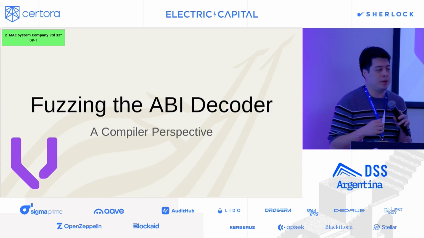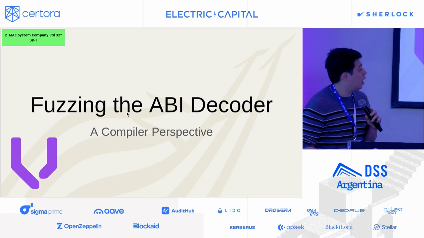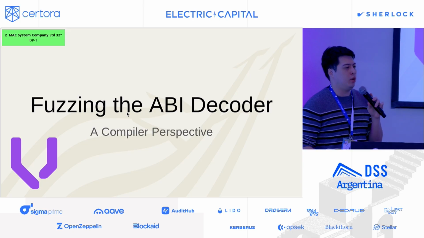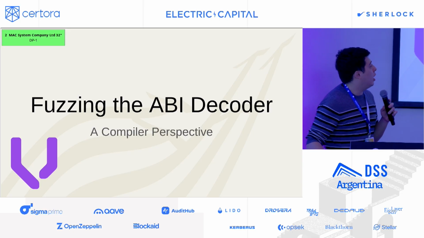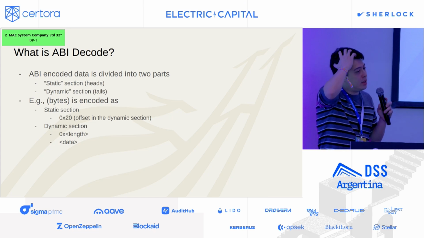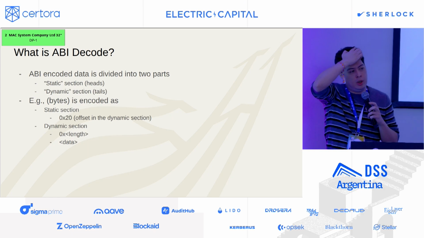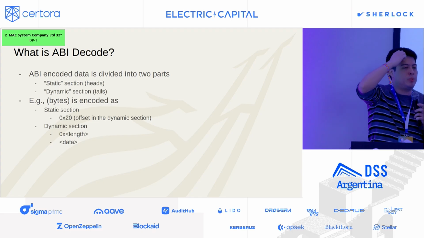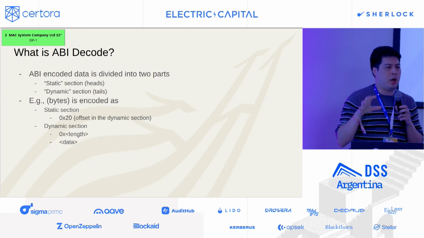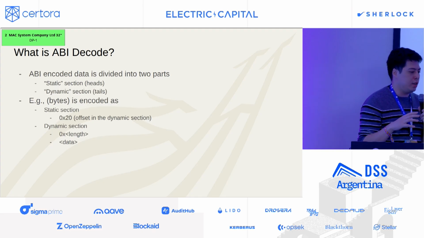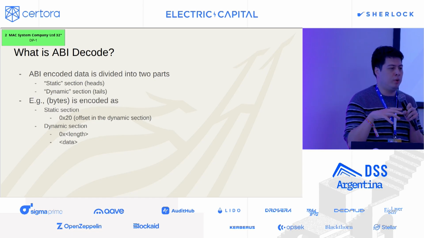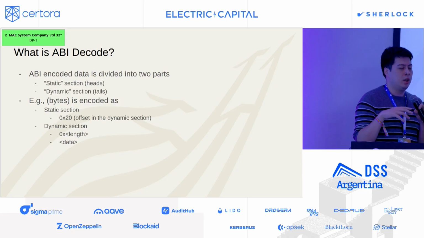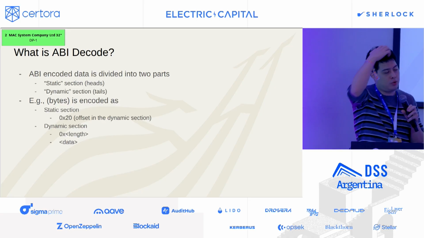it's about ABI decoding. So first of all, why does that matter? Show of hands, who knows what ABI decoding is? Okay, great. ABI decoding is extremely hot in the compiler. You probably don't think about it much, but whenever contracts call each other on the EVM, they follow a standard called ABI encoding and decoding. It's a serialization format,